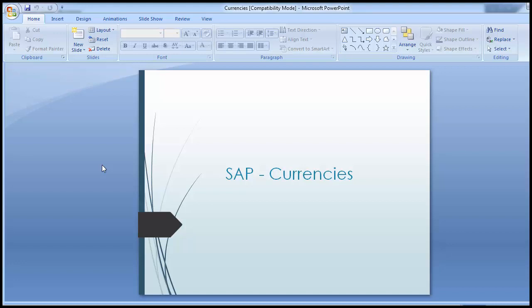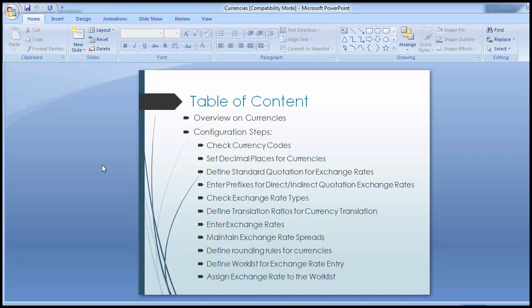Today's topic for training is SAP Currencies. In this topic, we'll take up the different currencies as per different countries for the transaction perspective and for the reporting perspective. In today's topic, we'll be covering the overview on currencies and configuration steps, which would include check currency